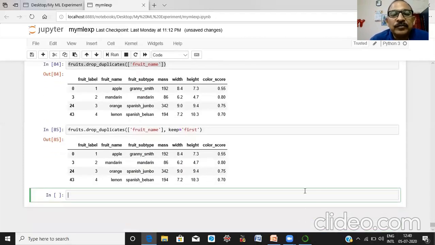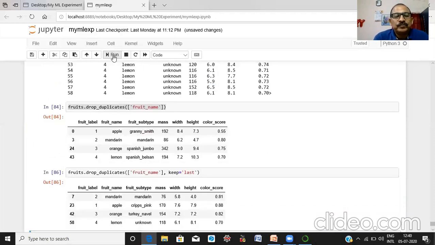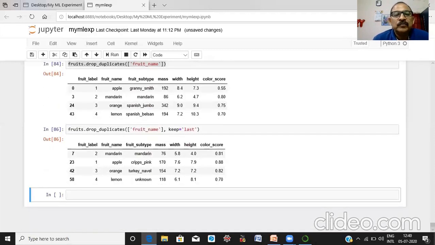Now if we write this, keep last record, run it. Is it clear? These are the differences. It gives the last records.